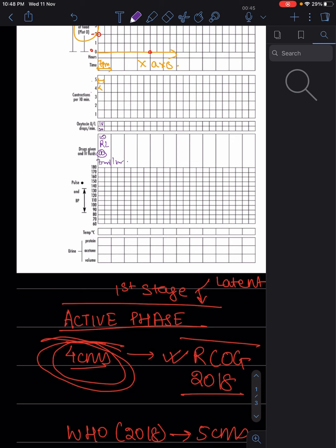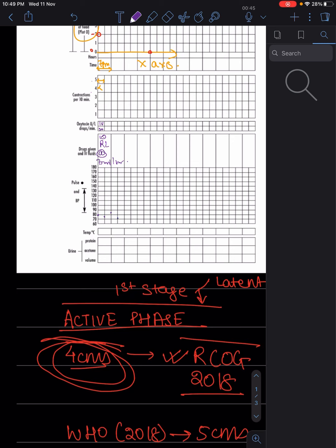Okay, now we come to the pulse. Now pulse is to be taken every 30 minutes. Okay, every 30 minutes. Supposing she is having a pulse of 80, so you'll write 80, and since this small box represents half hour, next you'll be taking it after half hour. Supposing it is 75, this is it. Next it is supposing 85, then 70.